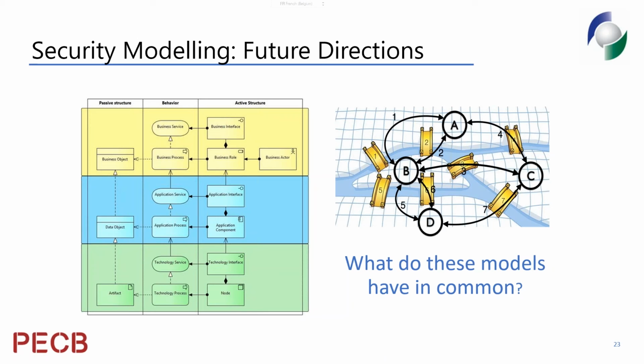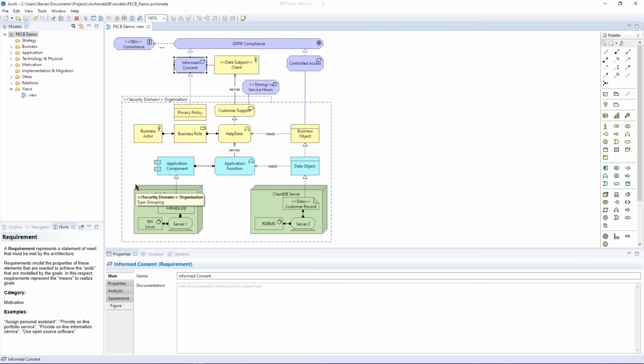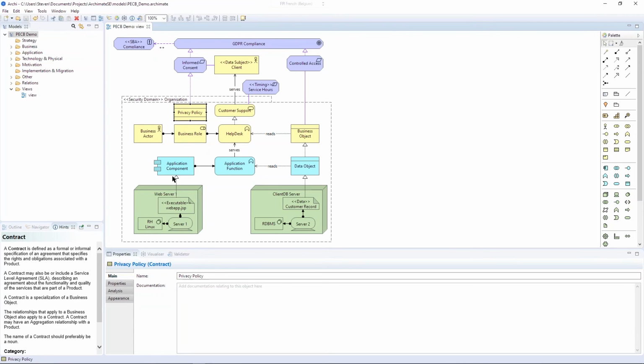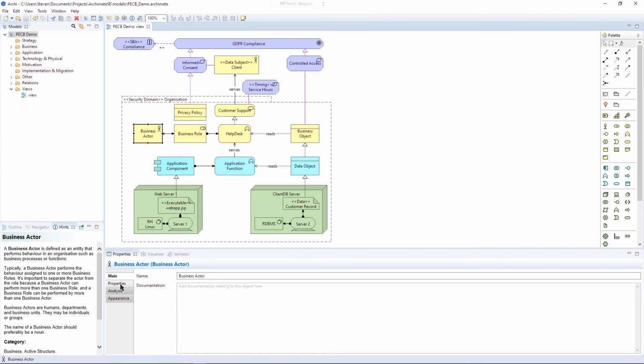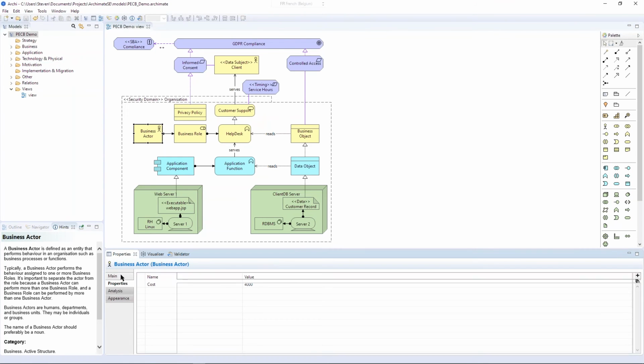If this means just ending this part of the show, hopefully you can still see my desktop here. But I've got a very simple model, a very basic ArchiMate model here, where we've got a few elements, no real properties added. Okay, a business cost.